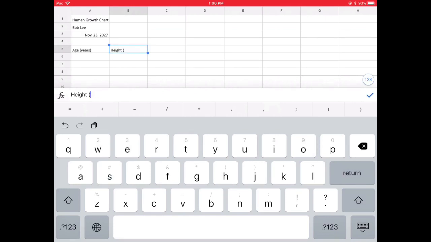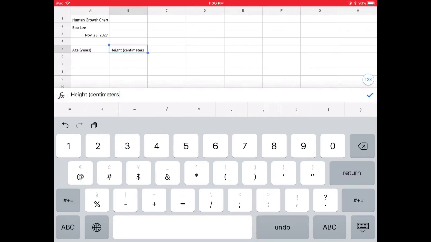Actually, let's not do inches. Let's do centimeters. An inch is actually 2.54 centimeters, so that's kind of interesting. That's the definition of an inch. Age in years. So let's start by going 2,